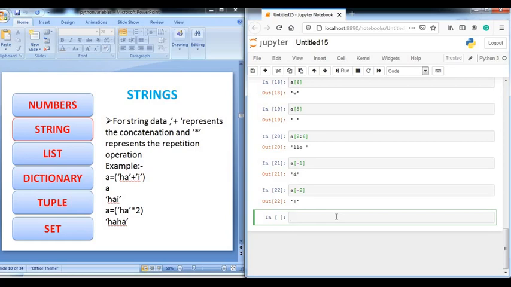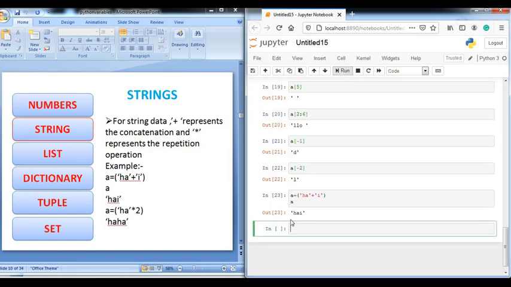Let me show you an example. If you write in single quotes HA, plus concat I, and you simply print that variable, it will print HAI.